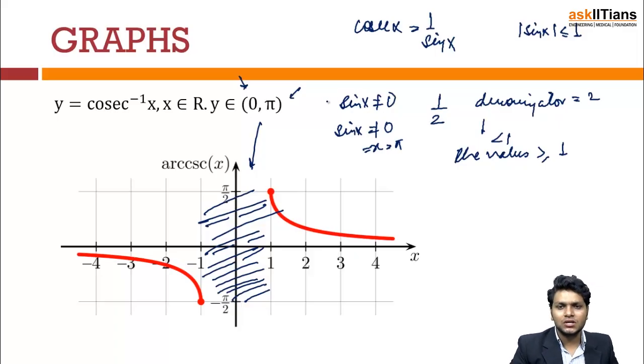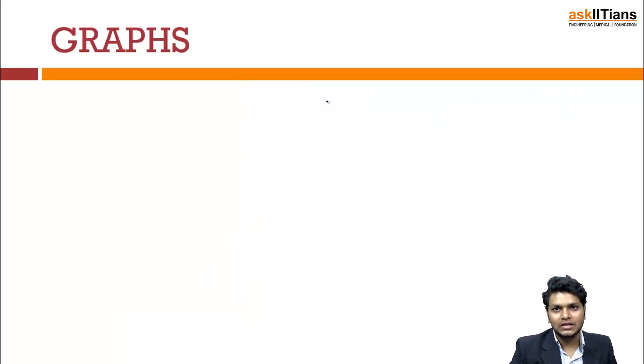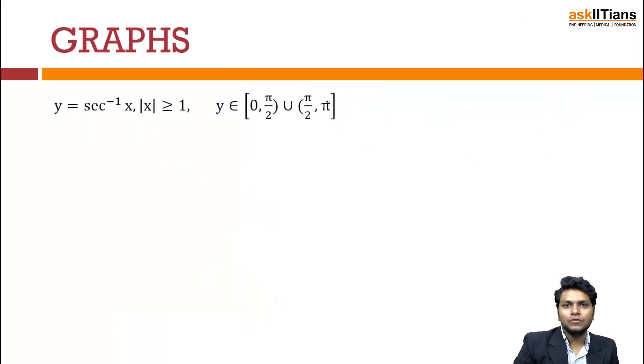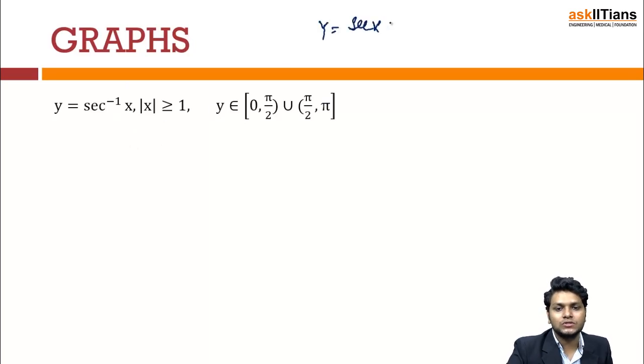So this is how we generally try to understand the basic inverse trigonometric ratios and functions, and with this understanding we'll apply it to the various parts and applications of the chapter. Last but not least is y equals sec inverse x. It says that mod x is always greater than 1. Based on the same analogy, y equals sec x is nothing but 1 over cos x. Repeating the same thing, as mod of cos x is always less than 1, sec x will always be greater than 1, right?